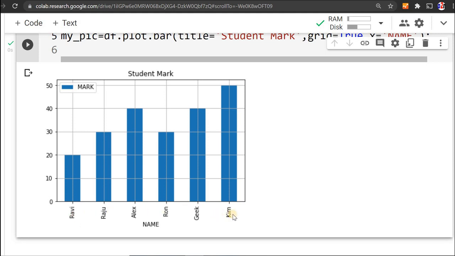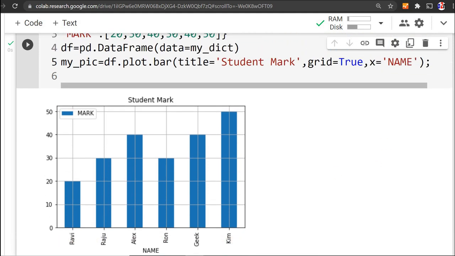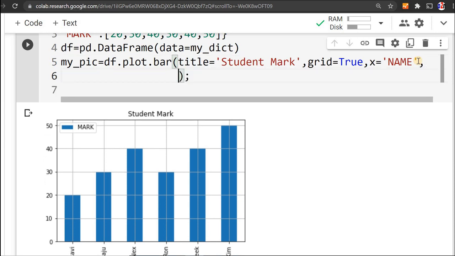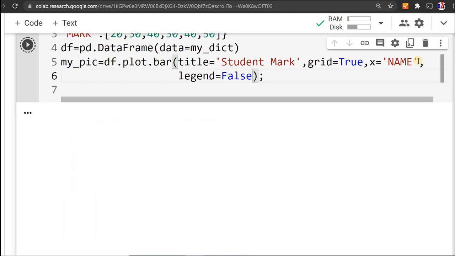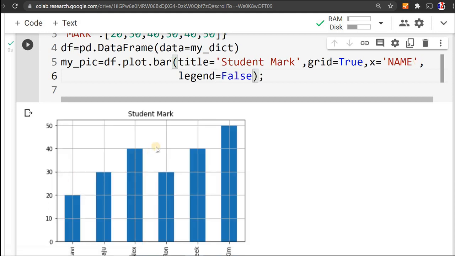Okay, all the names are coming up. That is how we can give it. You can see here that the legend is displayed by default. Suppose I don't want to display this, what do I have to do? Let me come to the next line. legend equal to False. Let's run this. This has gone. So this is how I can control this.